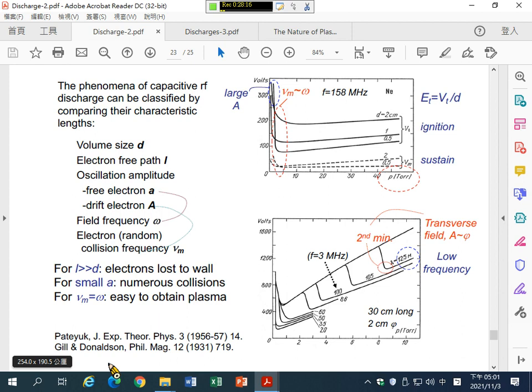They will gain oscillation along the radial direction. So here's another oscillation, so that you can gain another minimum of the voltage required to generate plasma. Okay, and also for the different frequency. For example, this curve,